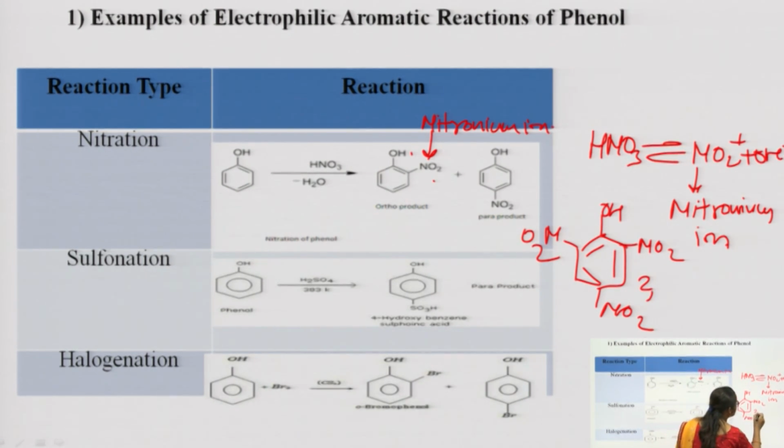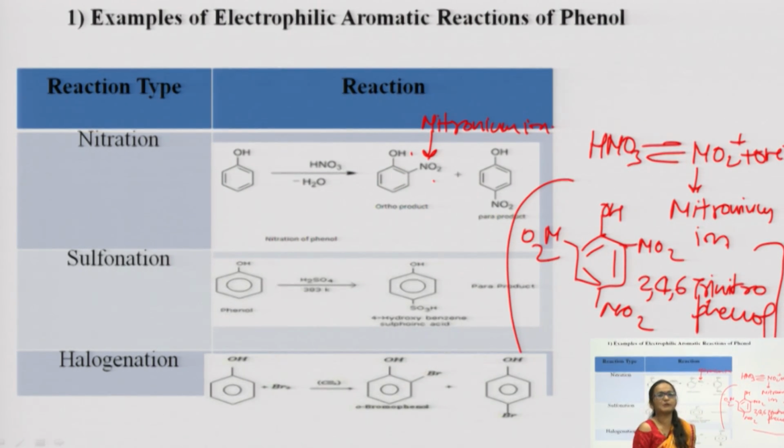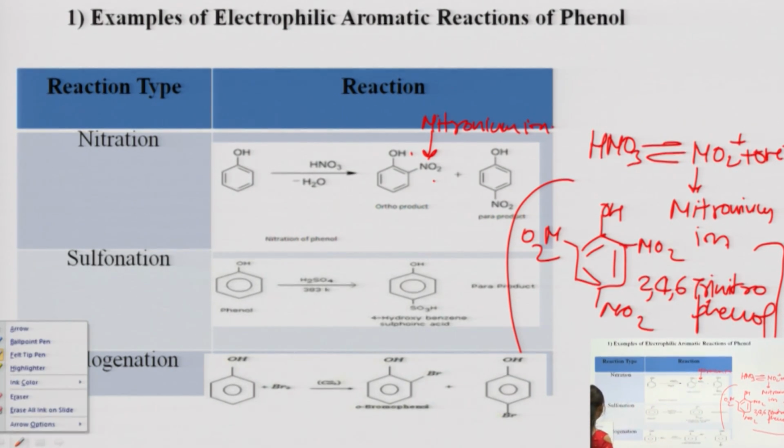The name of this is 2,4,6-trinitrophenol. That is a very important compound which is synthesized by many in the pharma industry, and this compound can be used as a starting material, as an intermediate for many of the important reactions, right? In sulfonation you have seen that at the para position a sulfonyl moiety, wait, I will tell you,